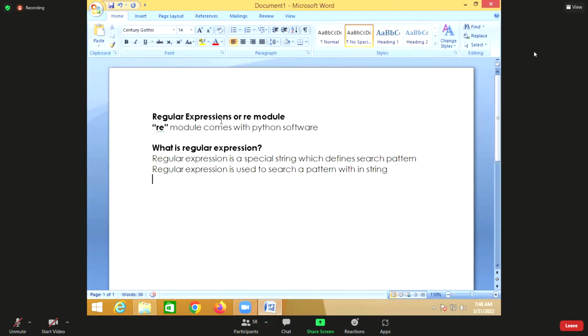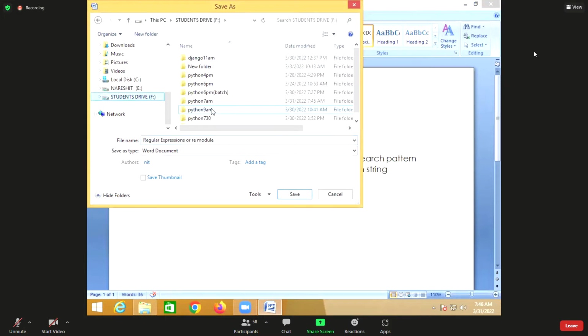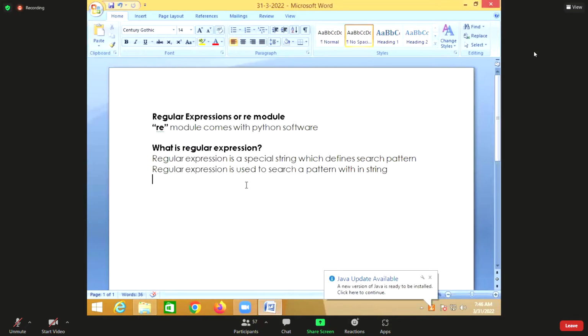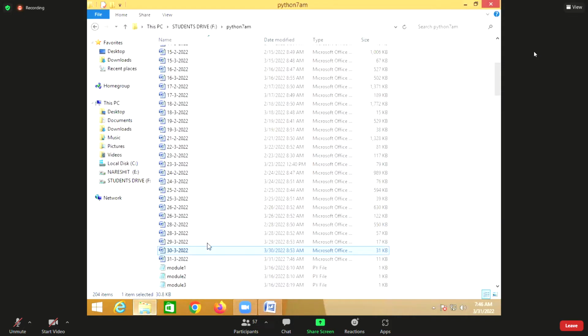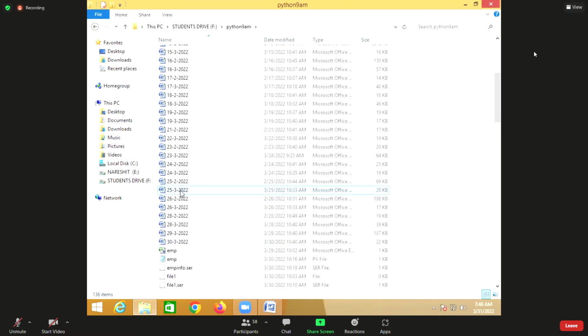If you want to search a pattern within the string, you are using regular expression. So regular expression provides some